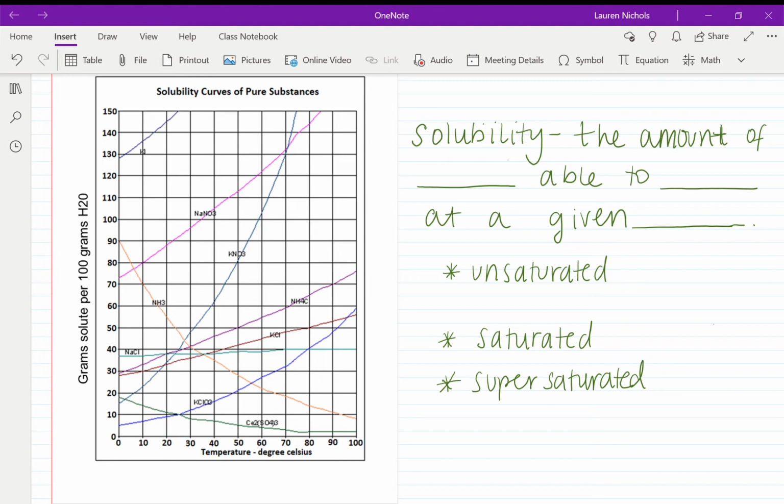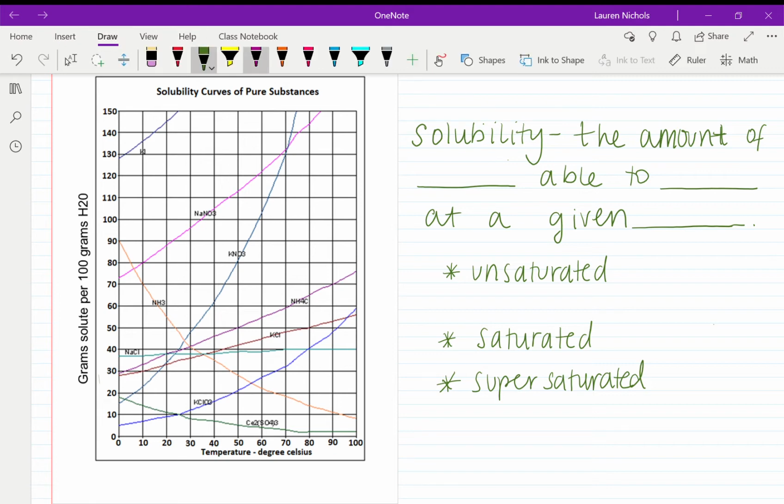Okay everyone, so this video is going to be talking about solubility curves, and this over here is a picture of a solubility curve. What it has on it is several lines representing various chemicals and how much is able to dissolve at a given temperature, which is our definition of a solubility curve: the amount of our solute which is able to dissolve at a given temperature,